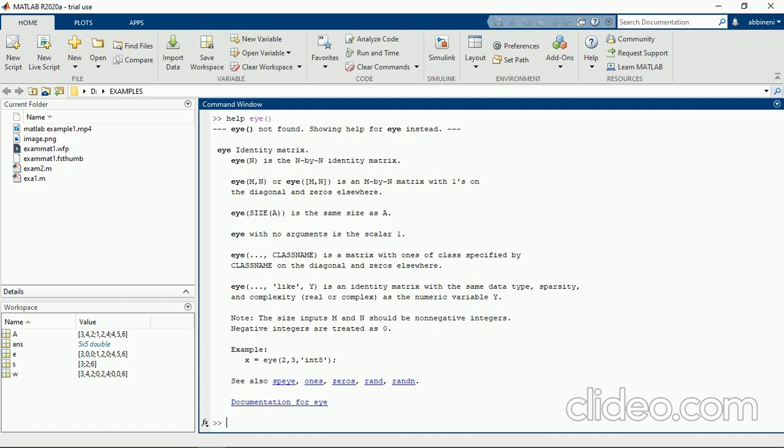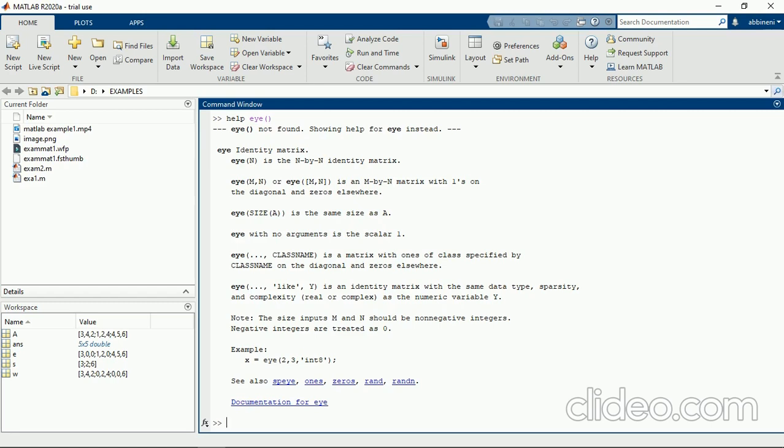Already we stated the identity matrix. It is displayed by number of rows and columns, the diagonal elements are ones and the rest are zeros. We also provide the size of the matrix. If we don't provide any scalar value, it takes the diagonal elements as 1.